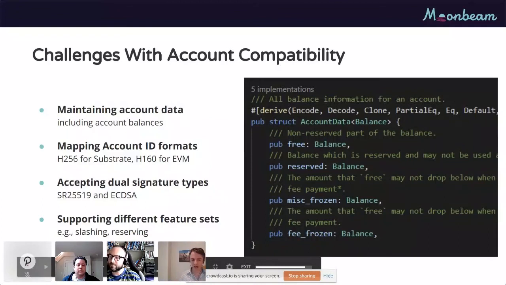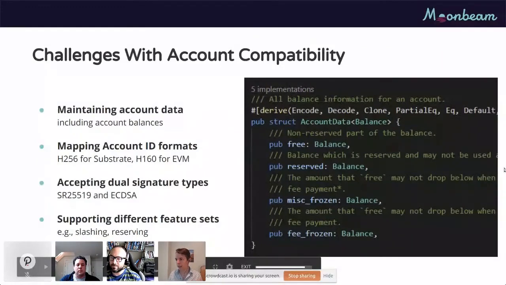The third challenge we are facing is with the signature, because Substrate was originally developed with the idea of using SR25519 as signature, while Ethereum is using ECDSA. Now Substrate supports multi-signature, which includes ECDSA also.